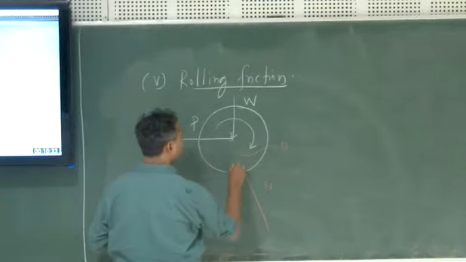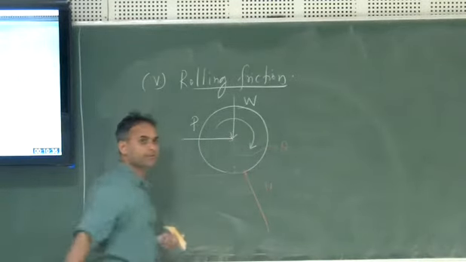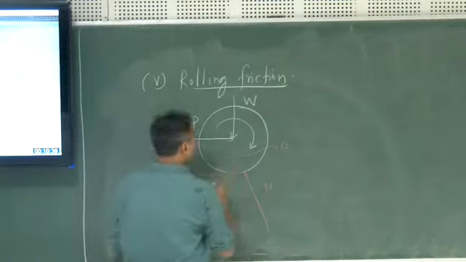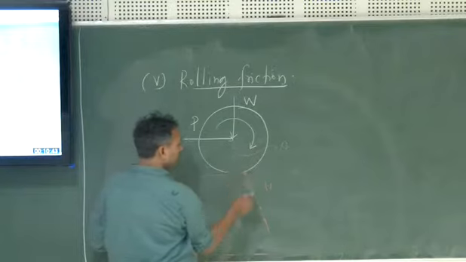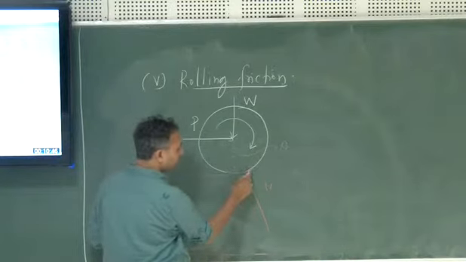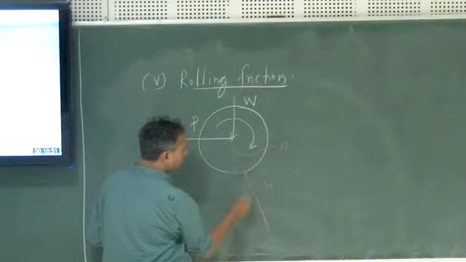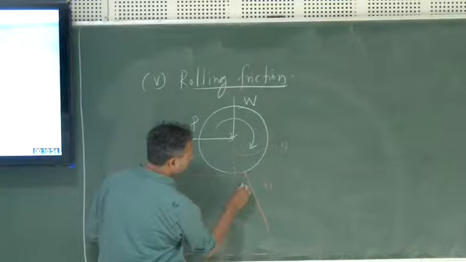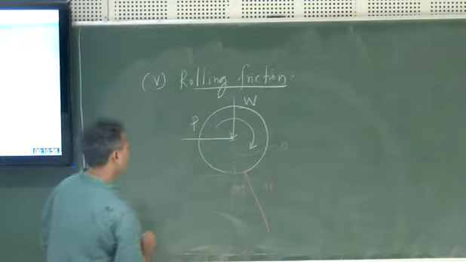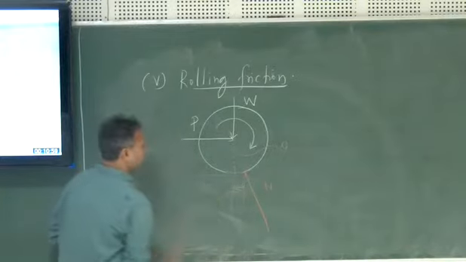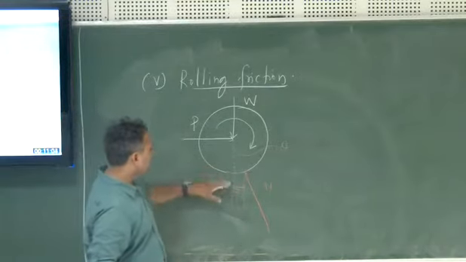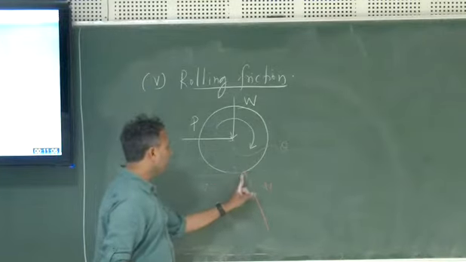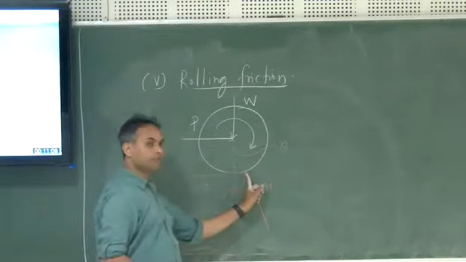If this resultant force N is making an angle theta, since it is a contact region, it will pass through the center, isn't it? Since this angle is theta of this resultant force because of the deformation of your lower surface over which it is rolling, the position of this particular thing is defined by a parameter A. What you really have to understand here is that when it gets deformed, the normal doesn't pass through this point, but it passes through this point.